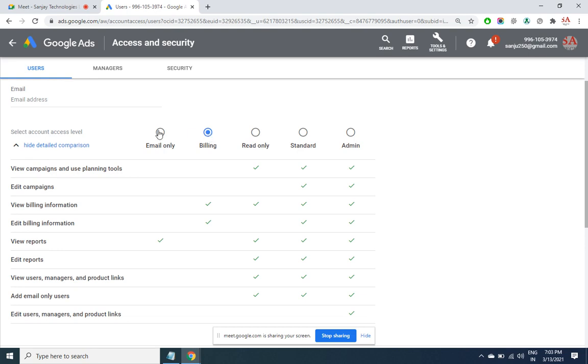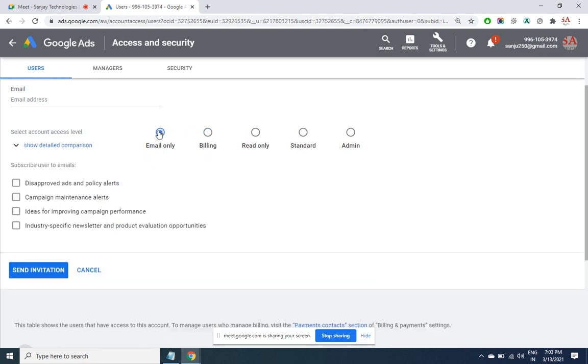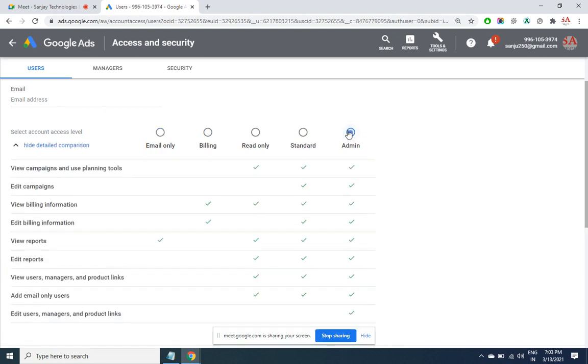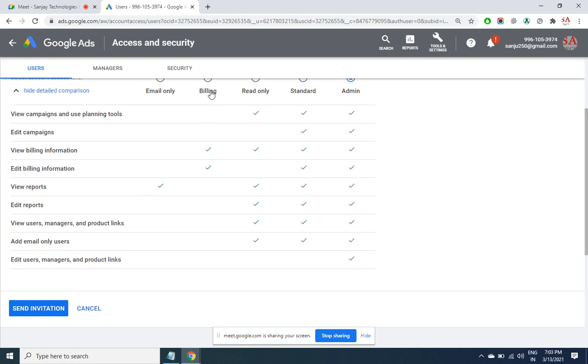You give only email, in case that get disapproved or anything, then the notification will go for any of these activity to the email ID that you are stating here. Admin means full control, as good as your partner. He can do all this. So here you can see what and all options are given. When you click on send invitation, they click on that link, that means they have accepted the role. Then it will be multiple users working on the same project.